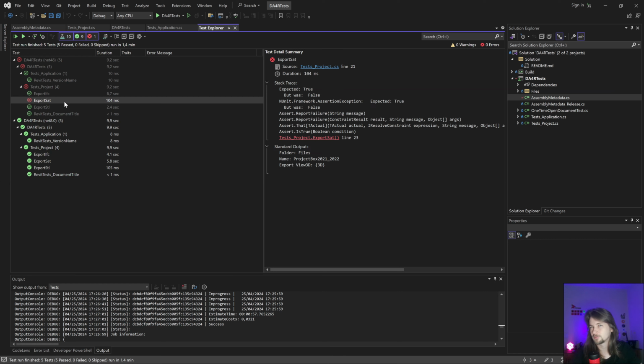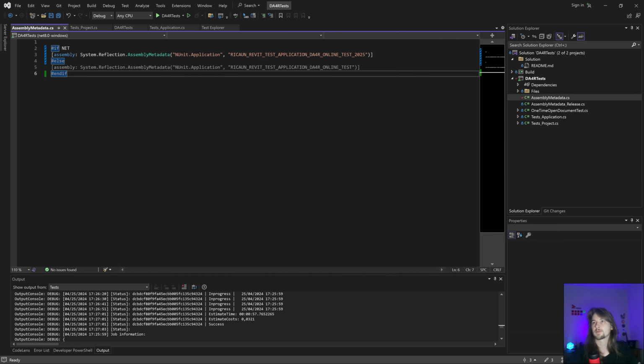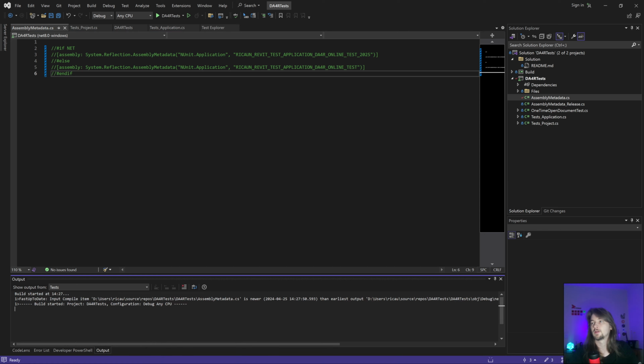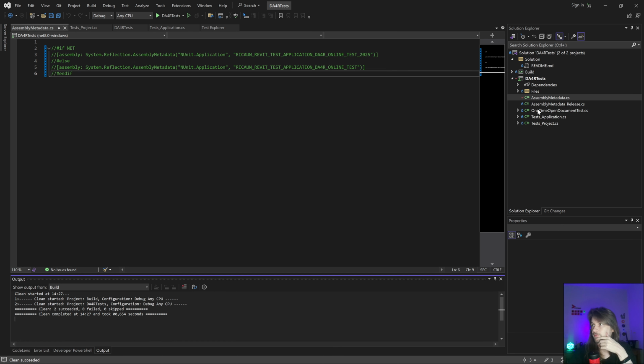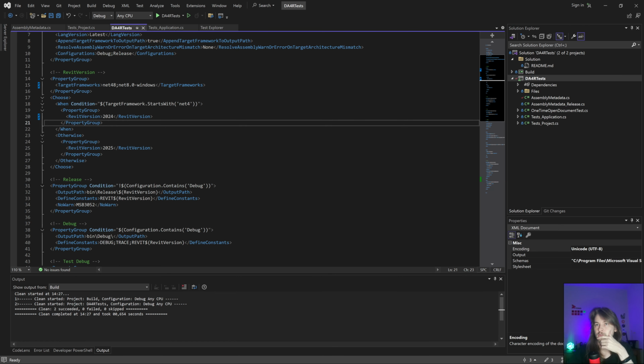For some reason, this failed in version 22. Version 21, I'm pretty sure failed as well. But let's disable this just to show what's gonna happen. If I try to run version 25, this is 24 as well.